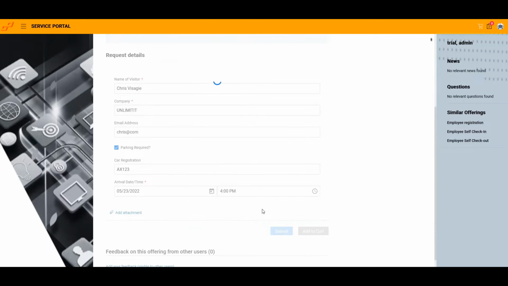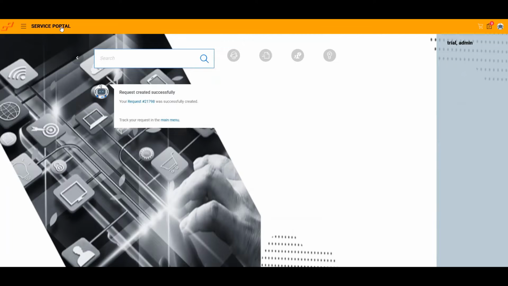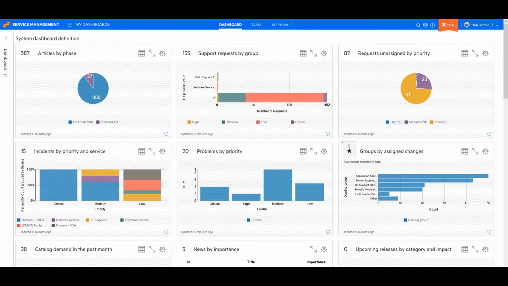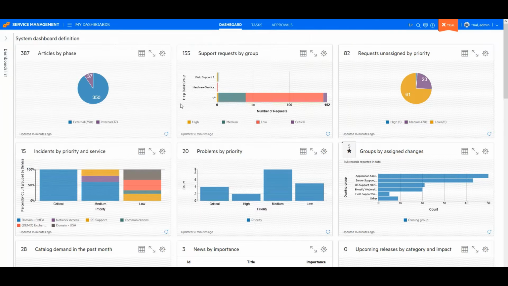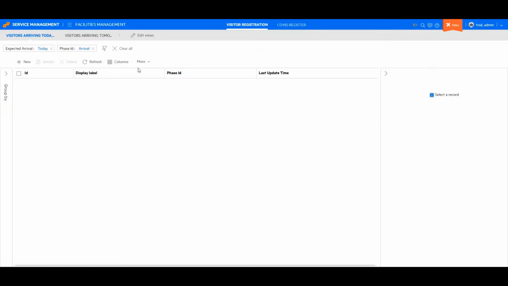What is expected to happen in the background is a visitor registration request. The host, which is the person that logged the request, is notified, and due to the fact that we've got their email address, the visitor will also get a notification. So we can go to the facilities app available from SMAX, and what we would see is, in a typical scenario,